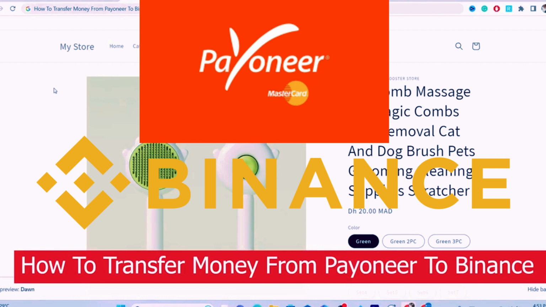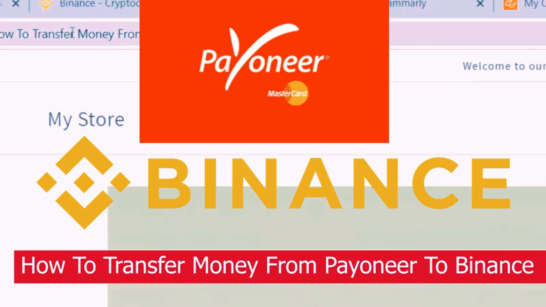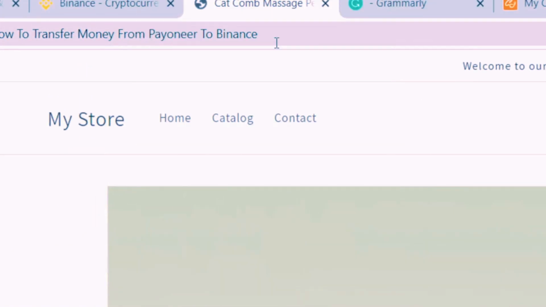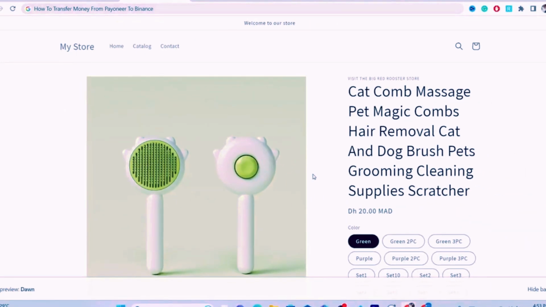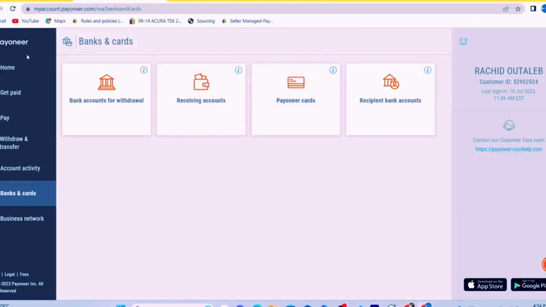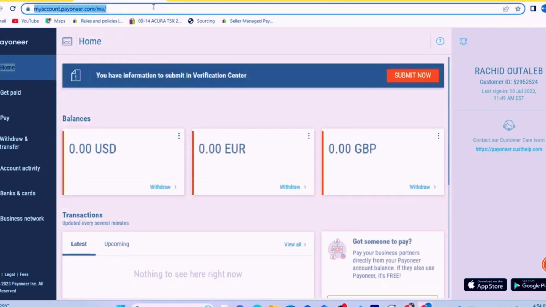What is up guys, today I'm gonna be showing you how you can transfer money from Payoneer to your Binance account. Now this is very quick and simple. What you need to do now is go to your Payoneer account. This is the first step, and after you log into your